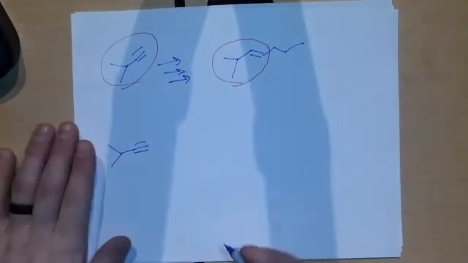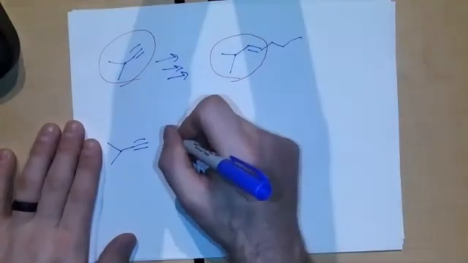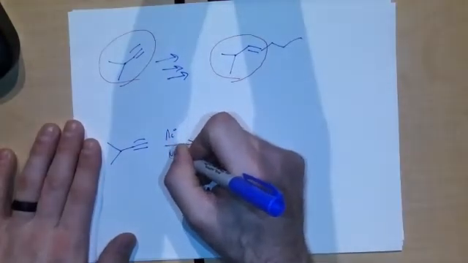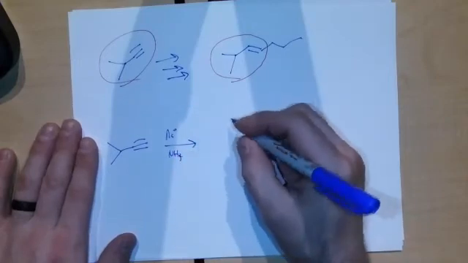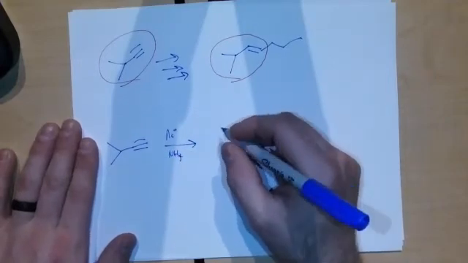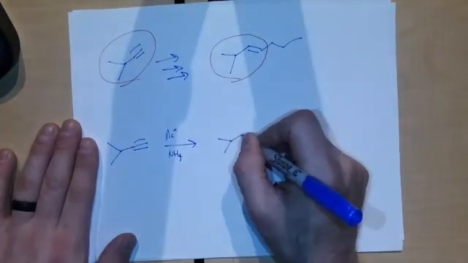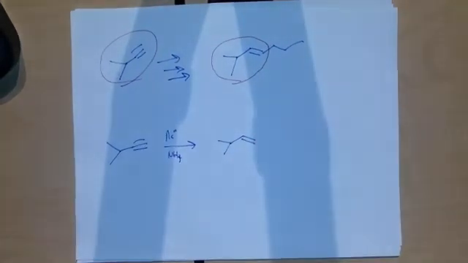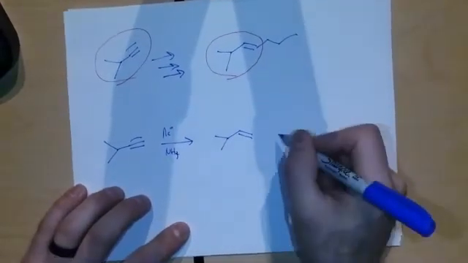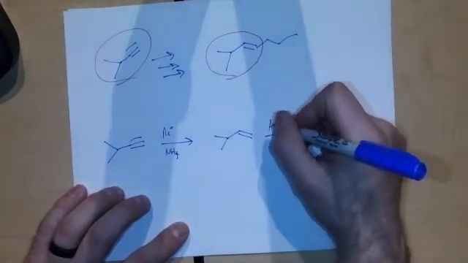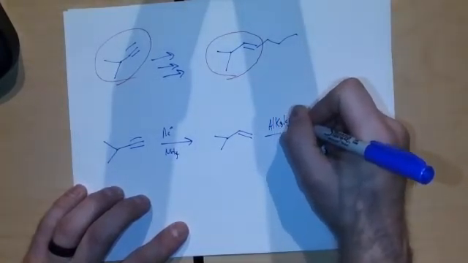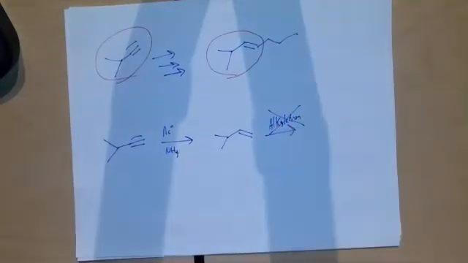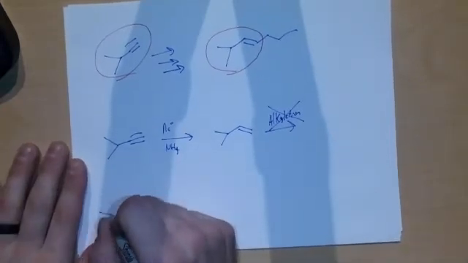So if I take this triple bond, I throw in Na, NH3, or H2 and Lindlar's, I can make this. This is going to be a dead end, we can't do an alkylation. We only know how to do alkylations from triple bonds, so getting to a double bond is going to kind of stall us out, versus if we were to do